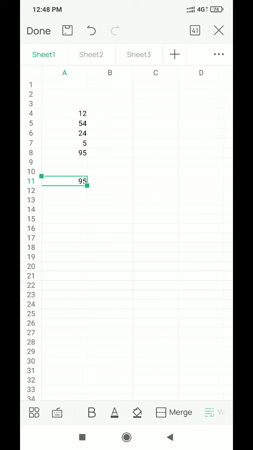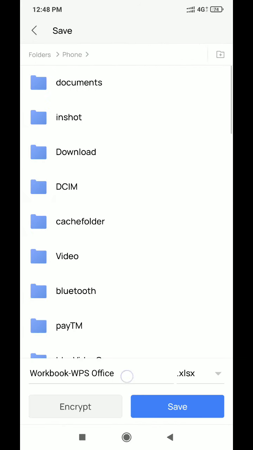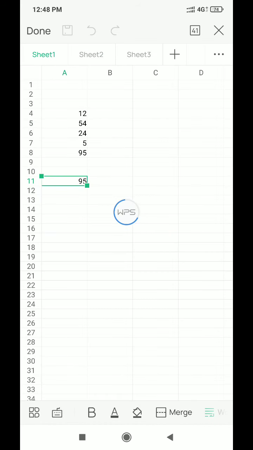You have to follow this method, and when it's done you can click on the save button on the top left corner, and you can save in phone if you want, like homework. If you want to complete the homework, you can write the name homework and save it in your mobile. And when you have to upload in the classroom, you have to click the add work option and upload this file on this assignment. There in the assignment you have to open your file and upload it. So that is the method.